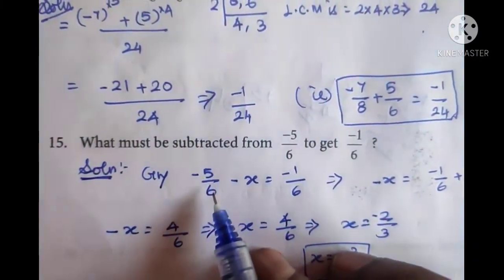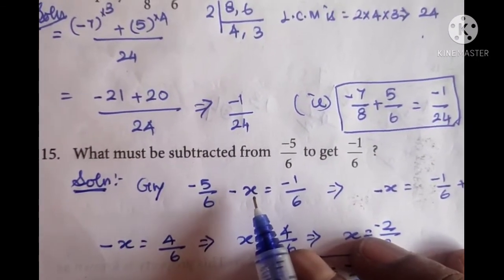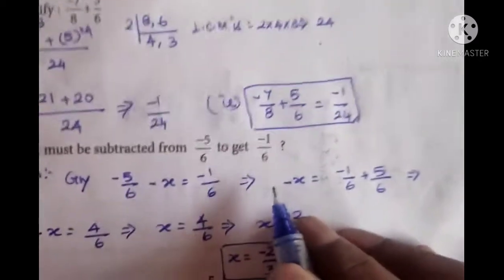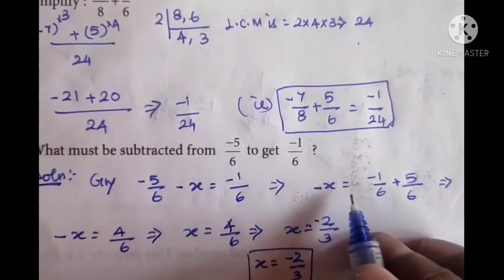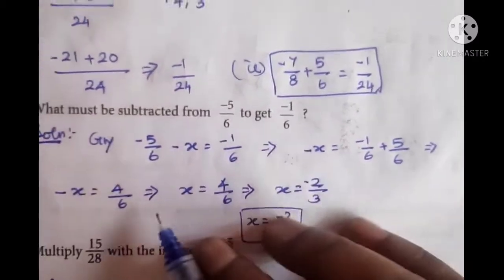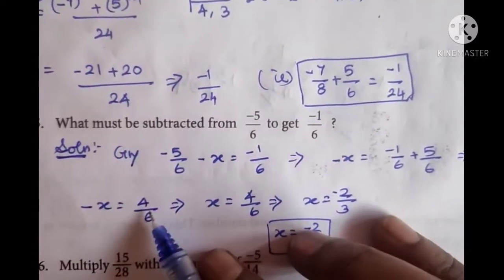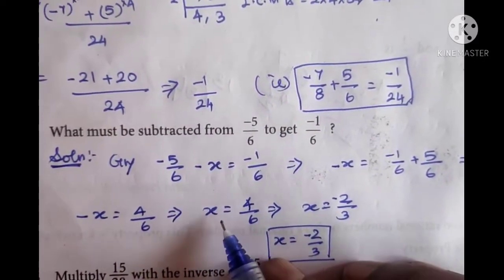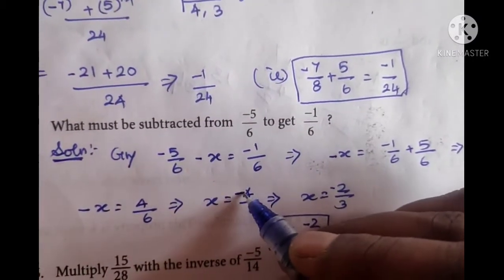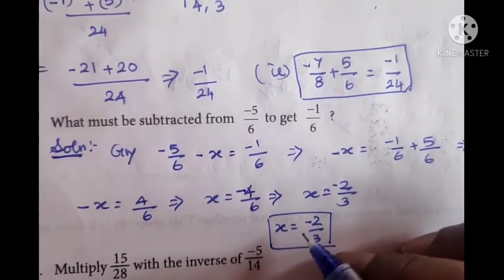Given that minus 5 by 6 minus x, we have to find the number, so we put x is equal to minus 1 by 6, implies minus x is equal to minus 1 by 6 plus 5 by 6, implies minus x equals, the denominator is the same, so we simply find 4 by 6, then x is equal to minus 4 by 6. We simplify this: 2 2s are 4, 3 2s are 6, therefore x is equal to